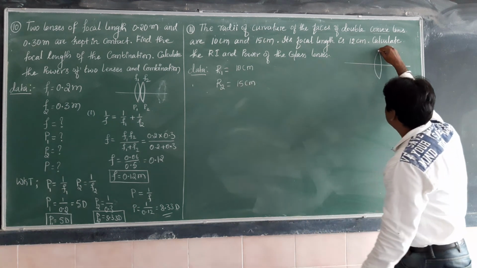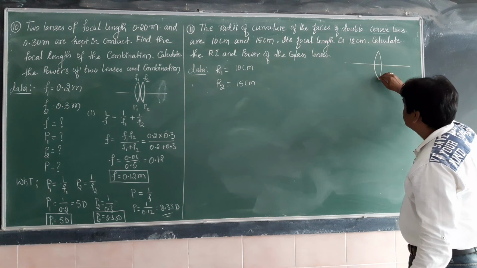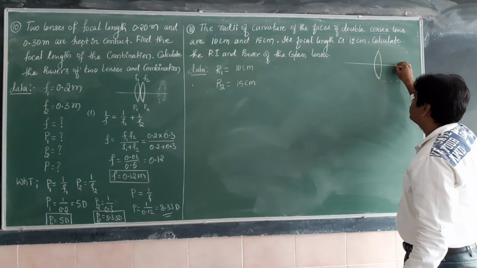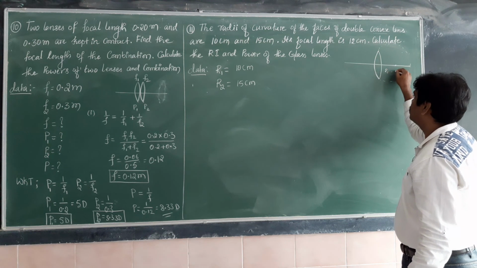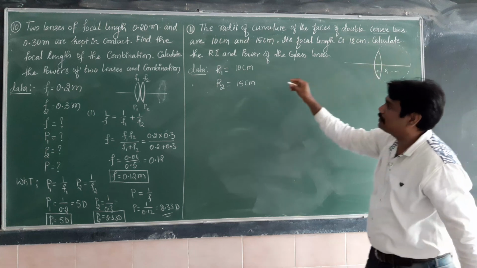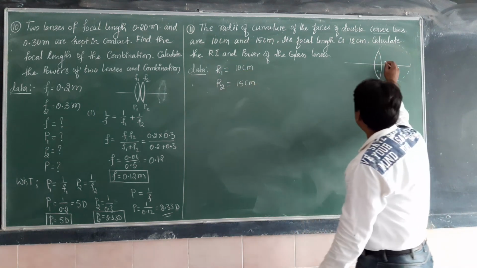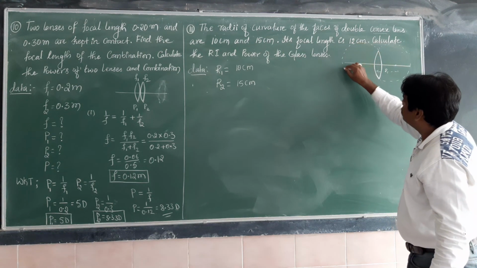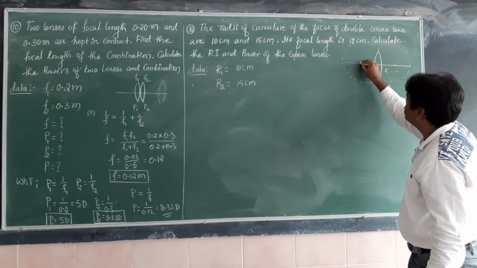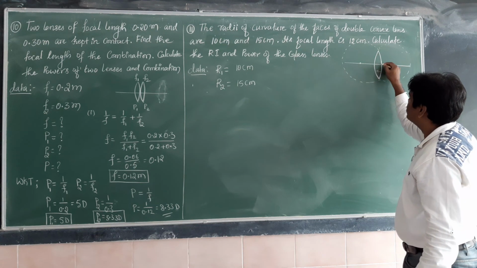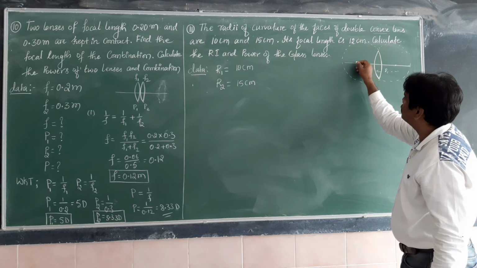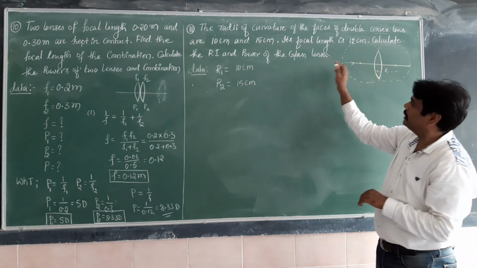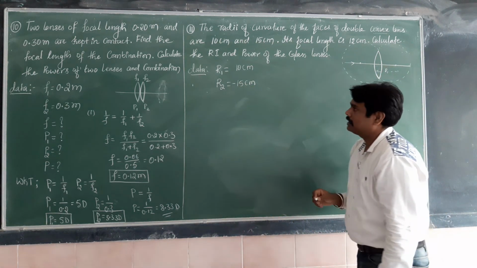So this is R1, the radius of curvature of the first surface. See, this is a part of a sphere, that's why the center of curvature comes here. The distance from here to here is the radius of curvature R1. R1 is measured along the direction of the principal axis, that's why it is positive. But for R2, taking the second curvature, this is also part of a sphere, so the center of curvature C2 will come here. The distance from here to here is measured against the direction of the incident ray, because the incident ray travels from left to right and we are measuring from right to left. That's why we have to take negative here, minus 15 centimeter.